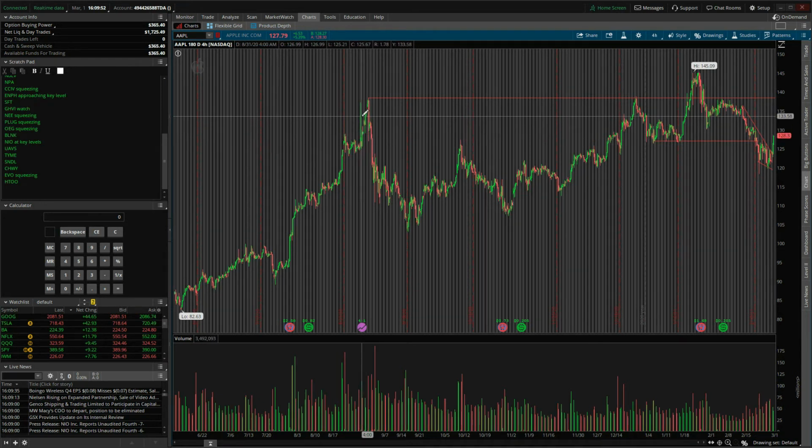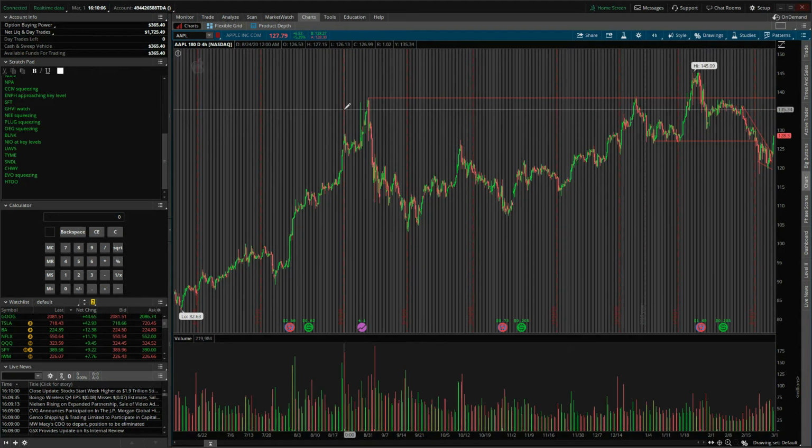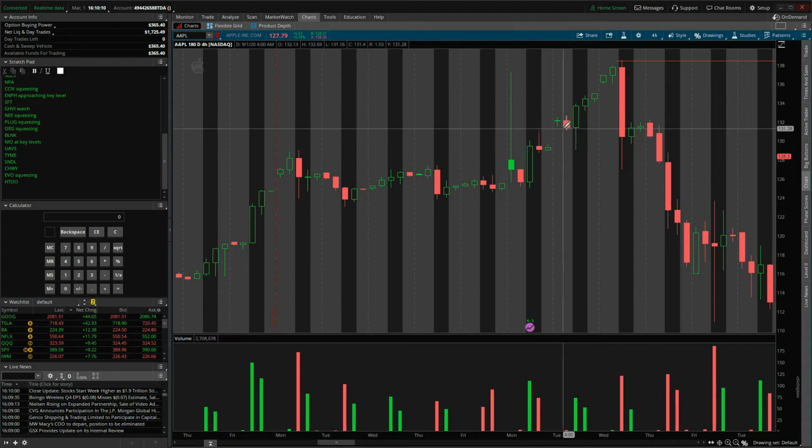This green spike right here is a big indication of hedge funds coming in and trading after hours. This gray right here means after hours. This big spike means a big position was just bought. So the next day you can see it just kept going, and it tested that resistance right here again. Okay,